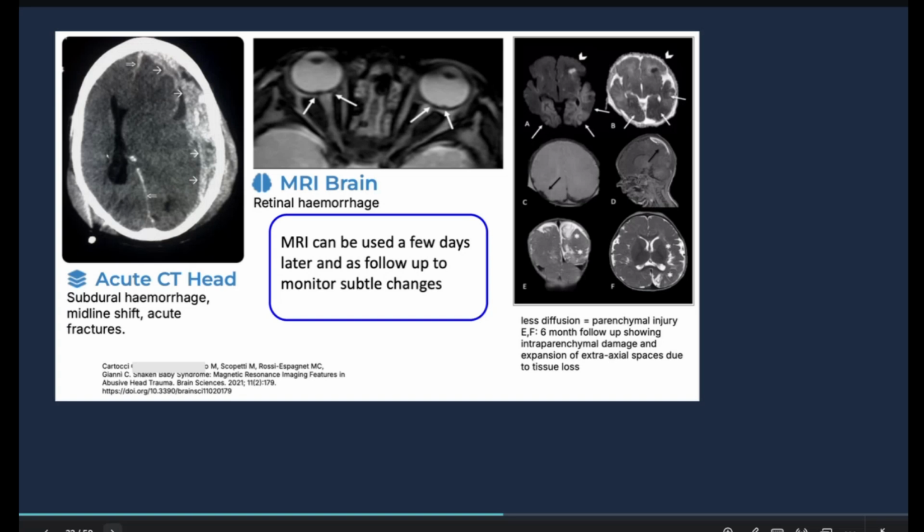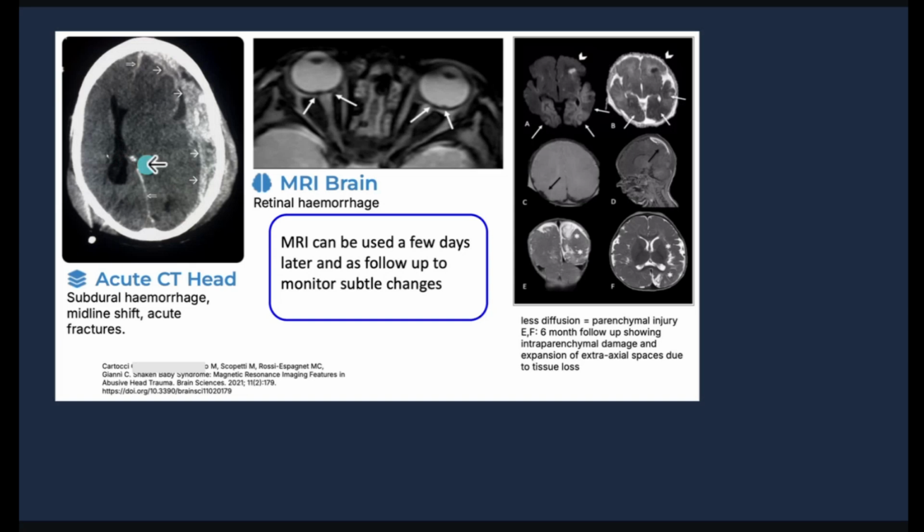so skeletal survey is definitely a good answer, especially given the scenario that the patient has fallen from 30 centimeters, which is not that high, and you would be worried about if there's anything else going on with the parents there. However, the imaging that you would firstly focus on is, so you've had your acute CT head, which is here, and you can see that there's subdural hemorrhage and there's a midline shift, so the ventricles have moved. And you would also use skeletal survey to look at other fractures, but we're going to come on to that